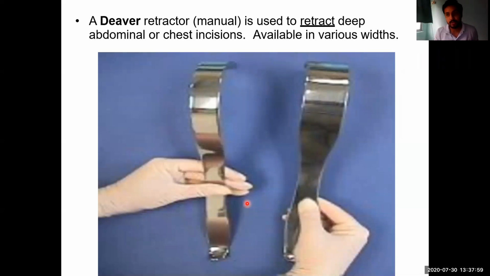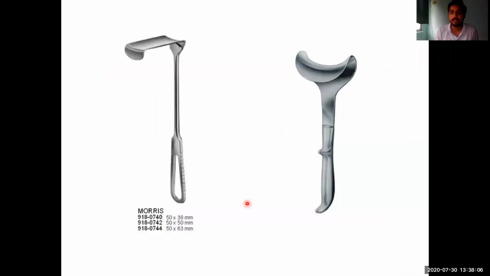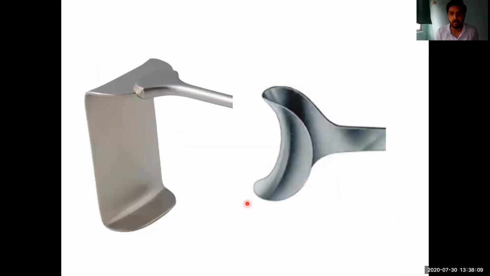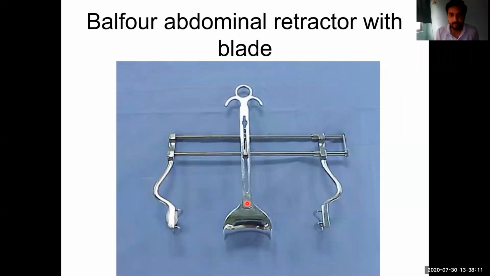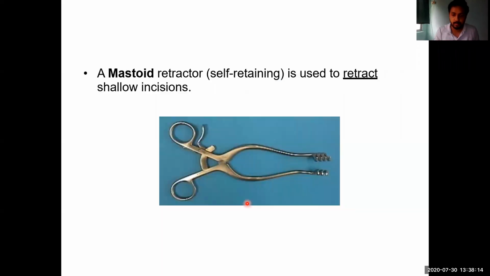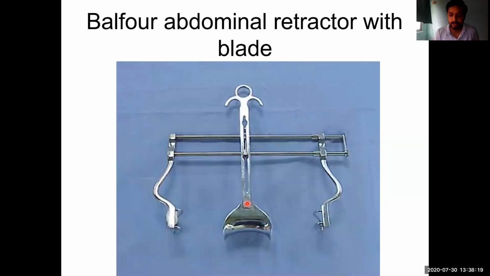The difference is that in the manual variety, you can change the position of the retractor, but your assistant's hand is always occupied. One of the assistant's hands is always occupied. But with the self-retaining variety, you generally make your incisions in such a way, and apply the retractor so that the assistant's hand becomes free. The problem is whenever you have to retract other parts, you have to do all the steps of repositioning and then apply again. So it will take a little bit more time. This is the only difference.